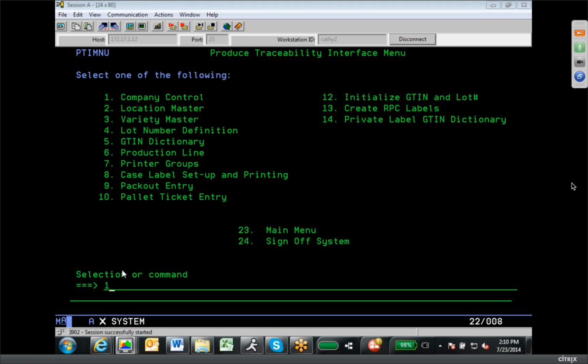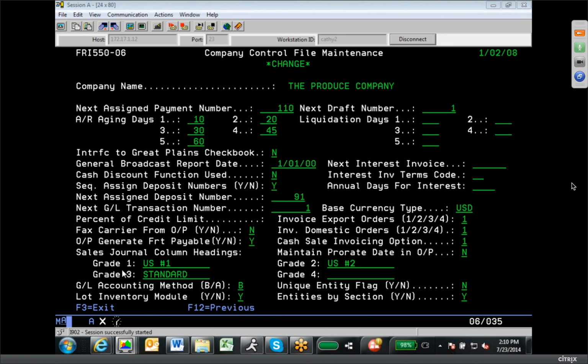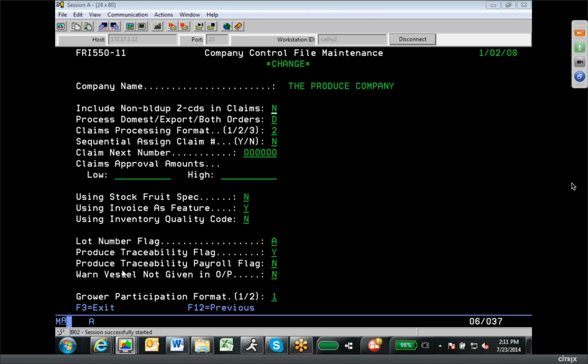First of all, in the company control, there are some options, way back here on the left screen. They ask how you want to assign the lot number, and are you using PTI? Are you going to use produce traceability? Yes or no? We have started down the path of including some payroll options, but didn't get to finish that, so there's the beginnings of that. But essentially, the lot number flag